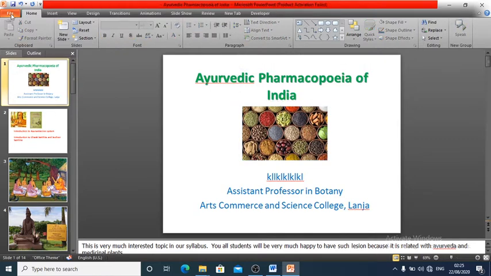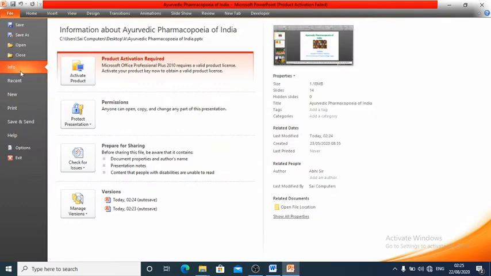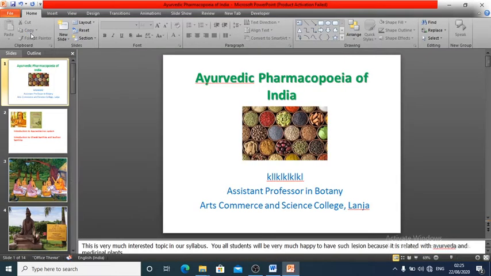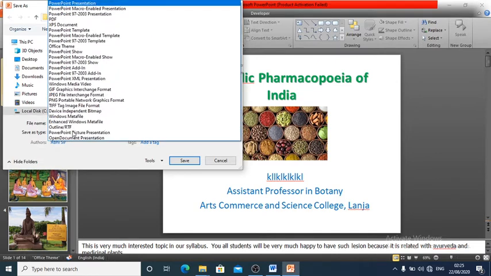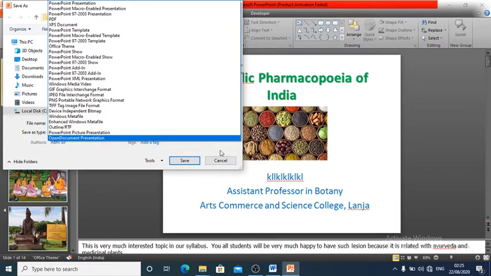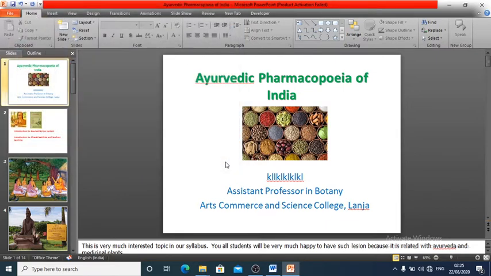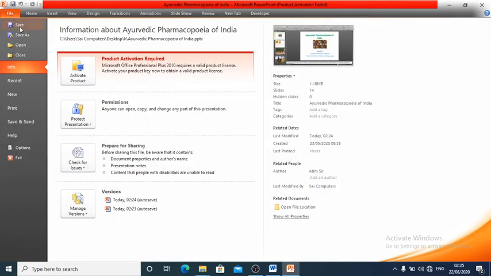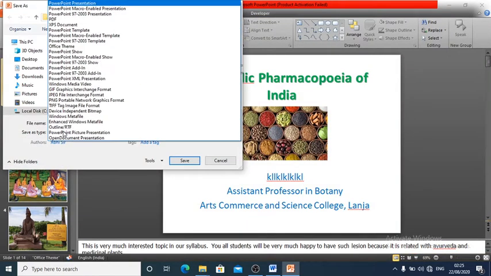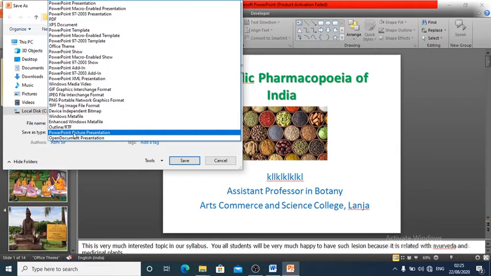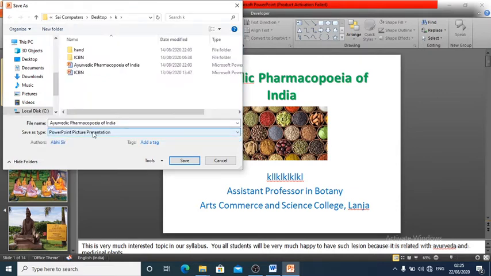So I will click on File, click Save As, and in the Save as type option I will select PowerPoint Picture Presentation.